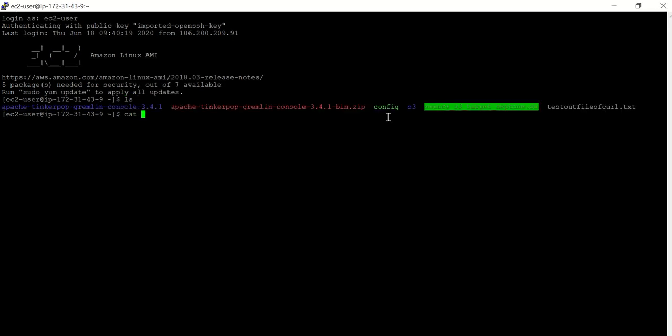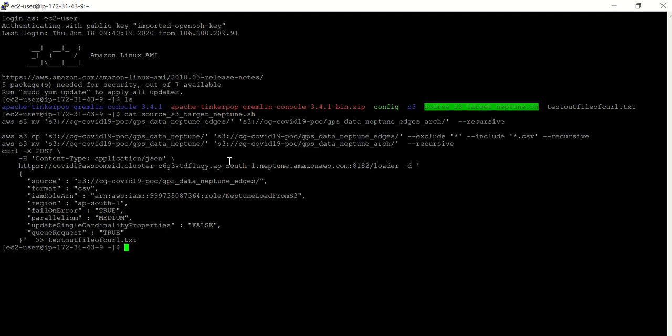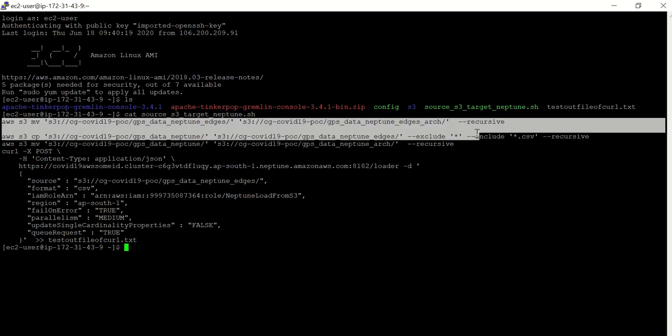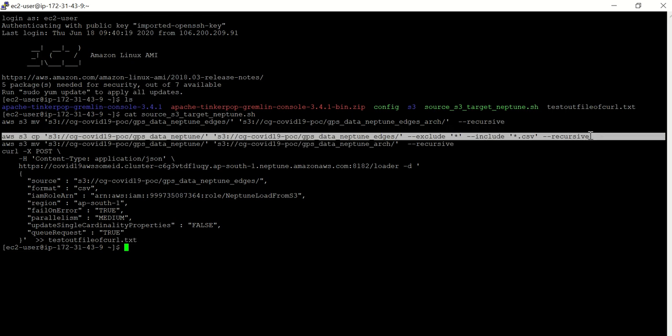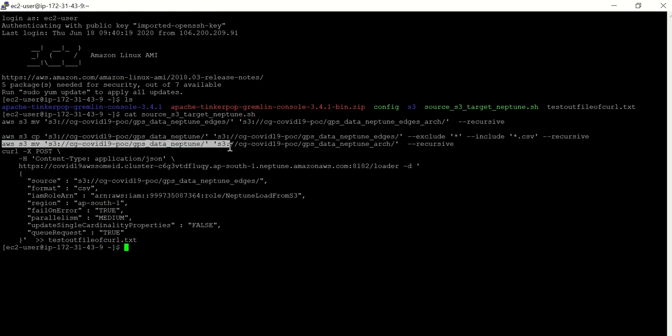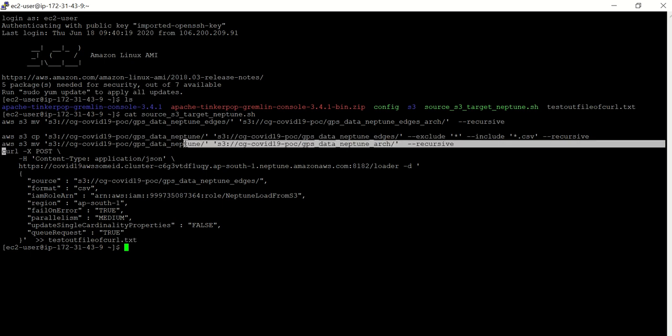This is the SH, which will basically move the old files to archive, and then it gets only the CSV files into the edges location, and then it will move the old files again into archive which we just loaded.